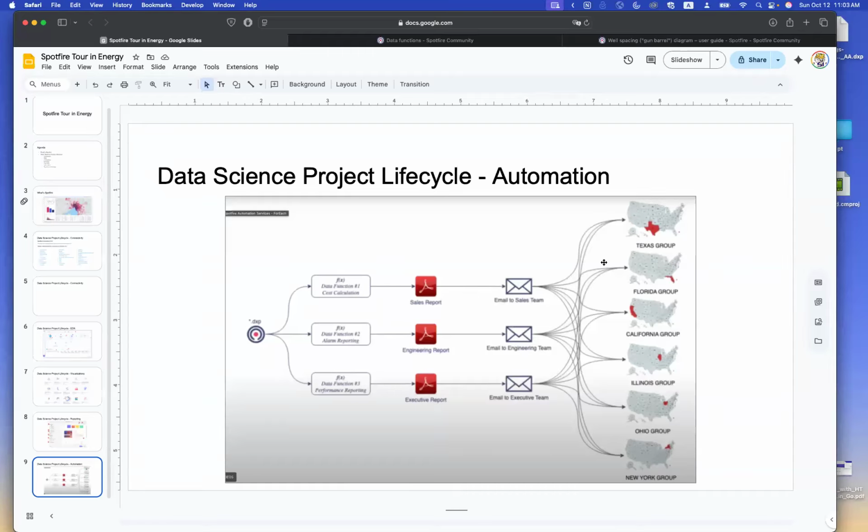And also this scenario needs to be run across different groups. So we have, let's say, 6 groups here, like 6 states, and in each state we have 3 teams. So imagine the granularity that you need to go for. Now, this can all be done easily in Spotfire automation. You can simply parameterize all these changes. So you can parameterize the state, the team, and then the report template, and then maybe the functionality that you